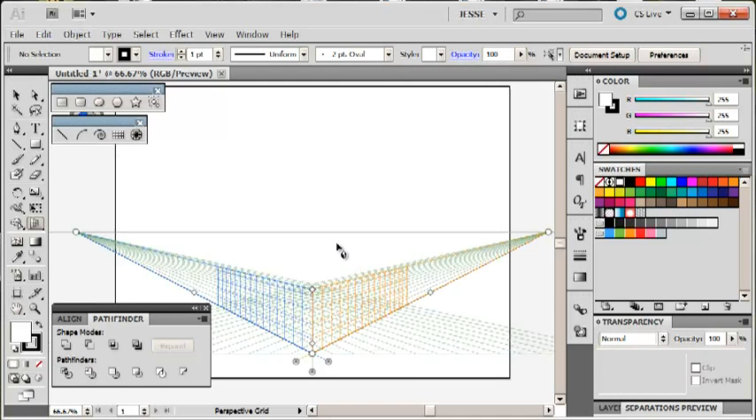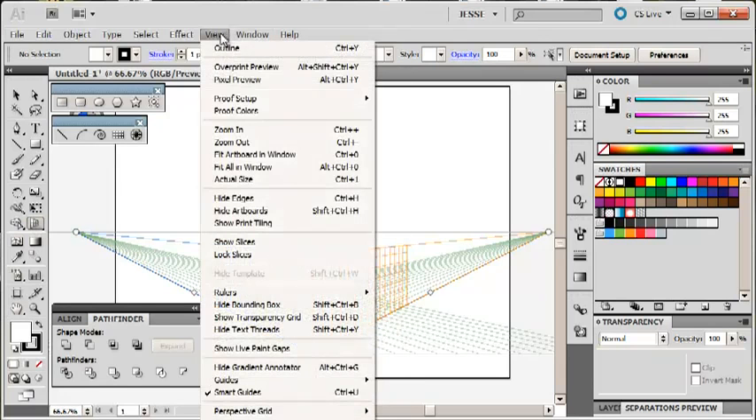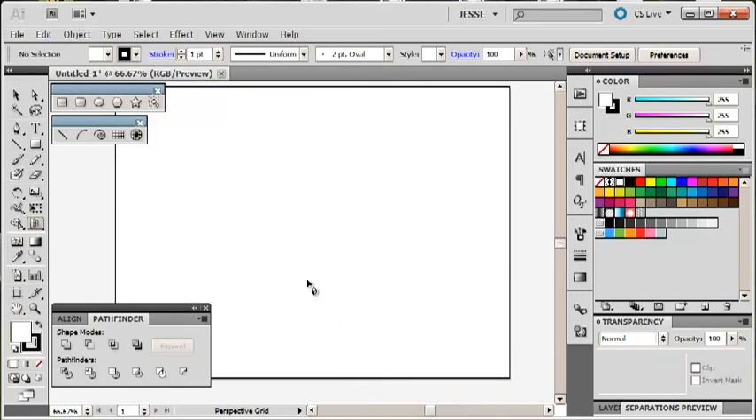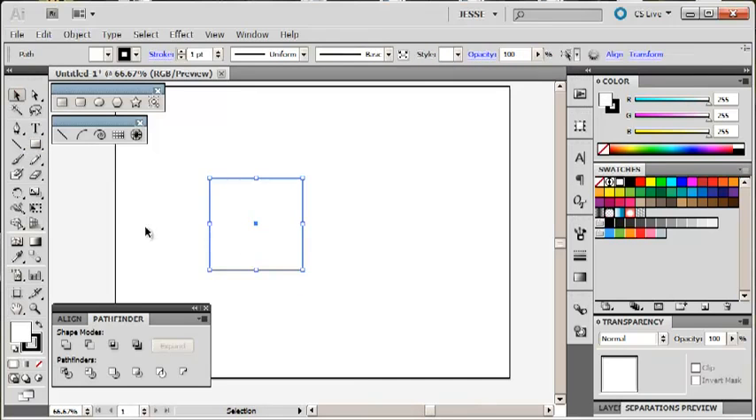Hey guys, in this tutorial we're going to make a box that looks semi-decent, I guess. I'm going to do it without this tool. So I'm going to go to View, Perspective Grid, and Hide Grid. Okay, so I'm just going to make a square,